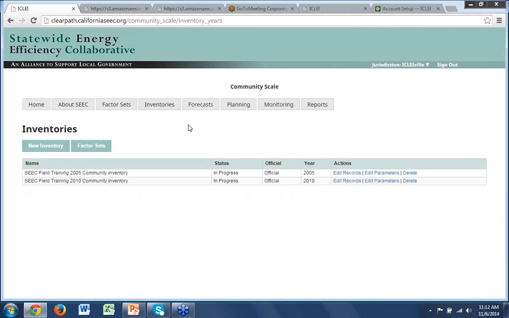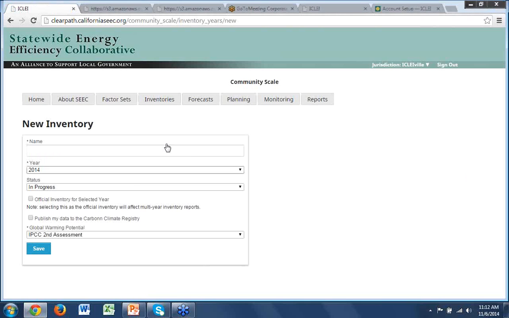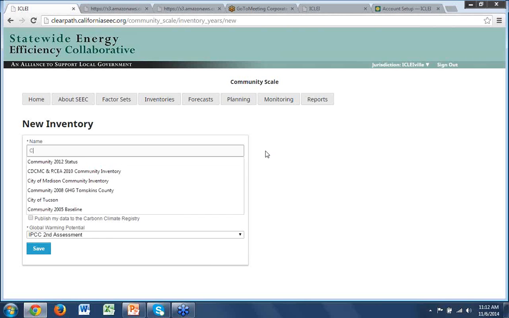So for the sake of this demo, I wanted to show folks a baseline inventory and a re-inventory. For folks who are just starting from scratch, what you want to do is click on the new inventory and then just establish that. So I'll just go through the process of doing it just so we have the information available, in case folks need to take a look at it again. So it would be CivicSpark